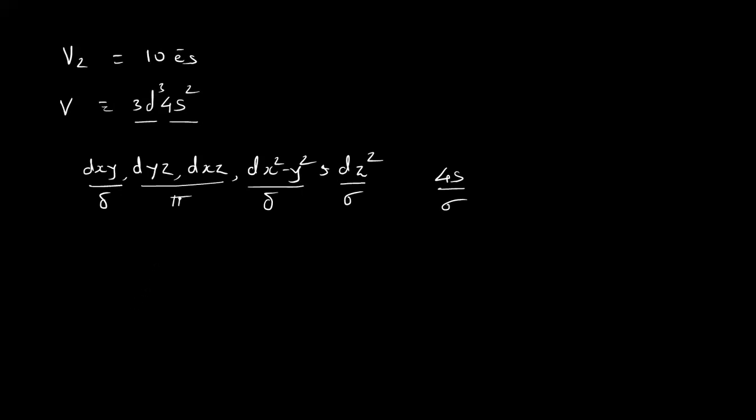Thus, out of the 5 d orbitals, only dz square goes into sigma bonding. The dyz and dxz orbitals are purely involved in pi bonding. The dxy and dx square minus y square orbitals are involved in delta bonding. Actually, the delta bond is a weaker bond, as face to face, cofacial overlapping occurs between these orbitals.